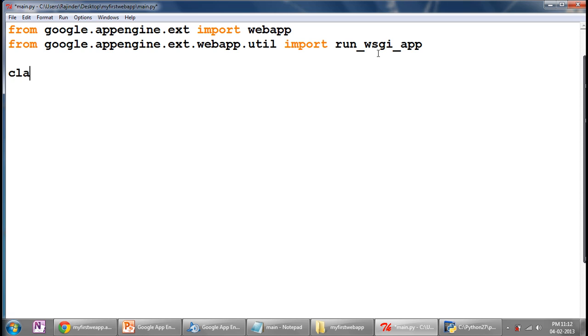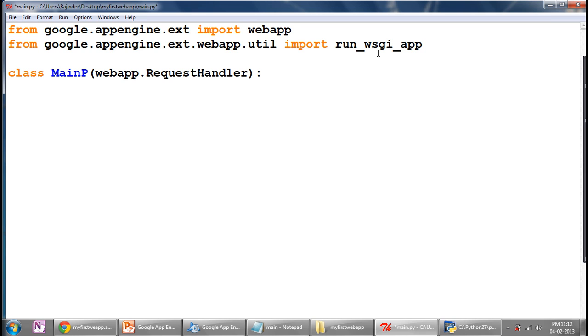Now create a new class, name it MainPython class. Just pass the parameter as webapp.RequestHandler for handling the requests.